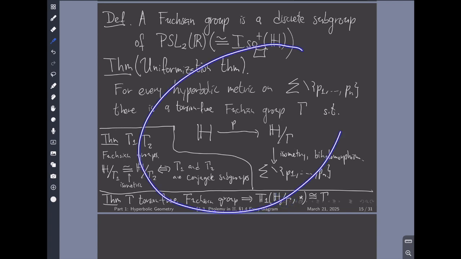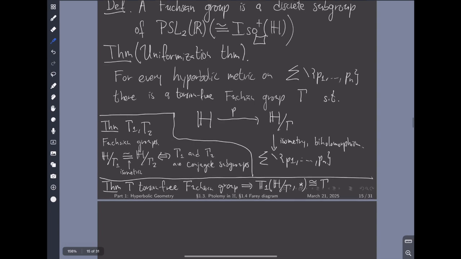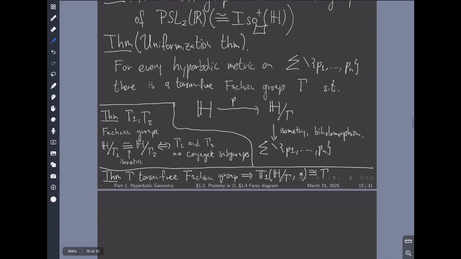Okay, and then these theorems somehow give the hint on how one can define the Teichmüller space for G, comma N. One defines it as the set of all injective group homomorphisms, let's say phi, from pi 1 of sigma, your combinatorial surface on which you are imposing a hyperbolic metric, minus the points, based at some point in sigma minus P1 to Pn, from this fundamental group to PSL2R,